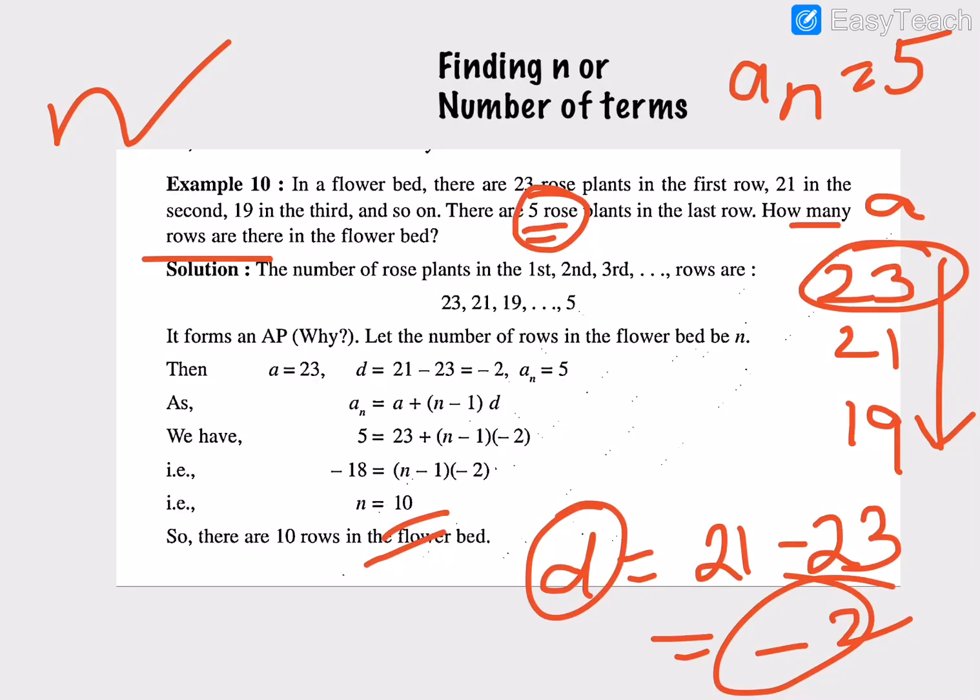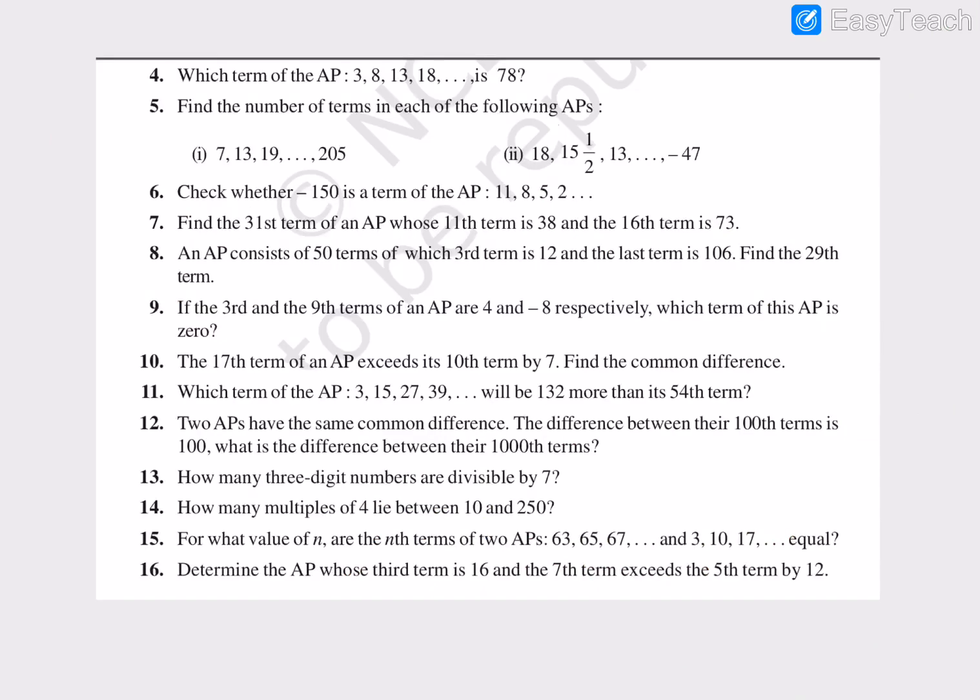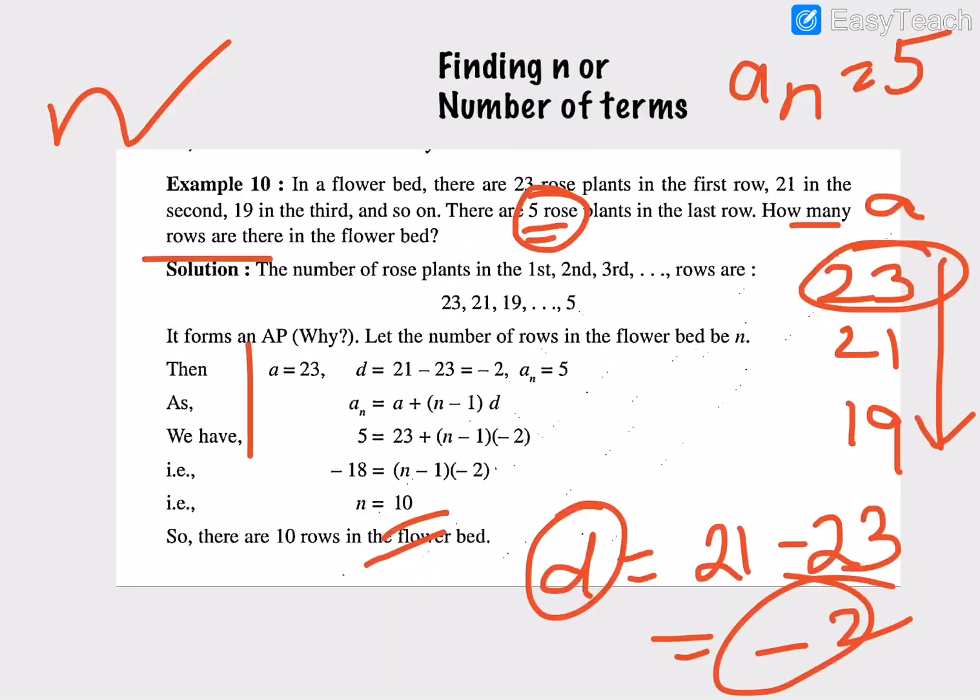Based on this, we have sums in the exercise. Up to the third sum you have already done. So let's do the fourth sum. The first term is a. We have a here. We can find out d since it is an increasing series: 8 minus 3, 5, and 78 is the nth term, an. So all we need to do is find out n, like we have done in this particular simplification.